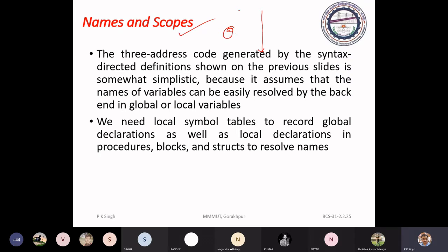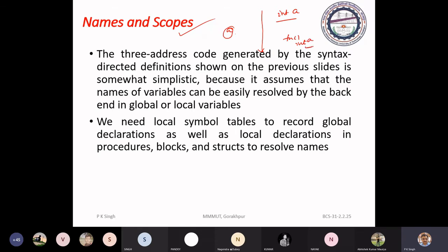Okay. Suppose you have written a program and you have defined a variable int a in C language in the global declaration area, and you are using a function fn. In this you have defined int a.